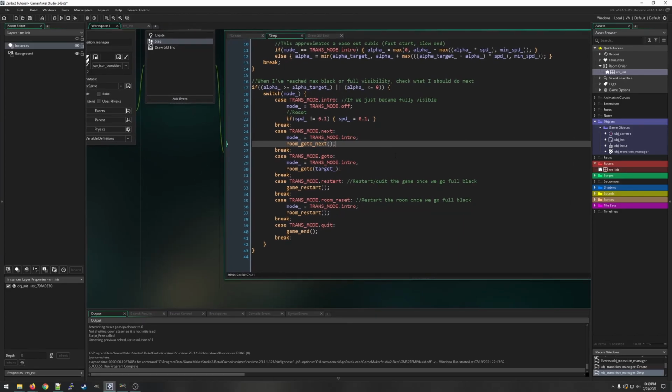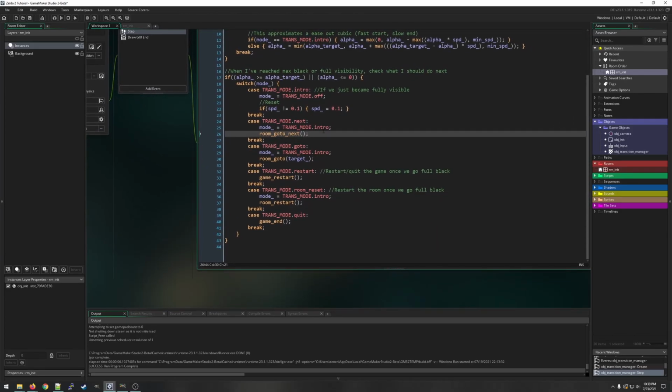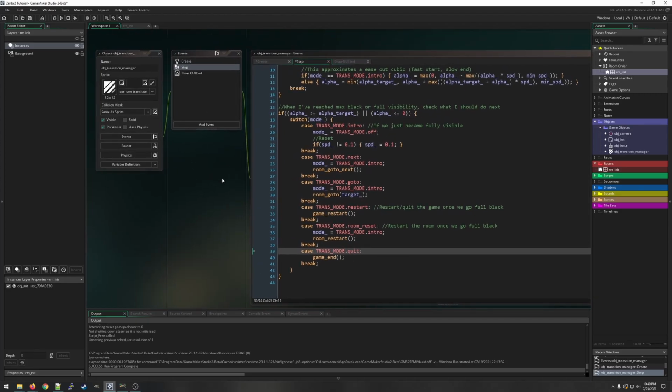So yeah, kind of deprecated, but it's still there in case you wanted to use it for whatever reason. Go to goes to whatever your target room. Restart your game. Reset resets the room, and quit ends your game. So I want to make sure that you're clear that stuff like room restart and game restart do not clear